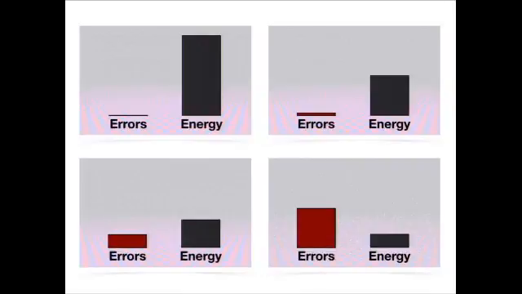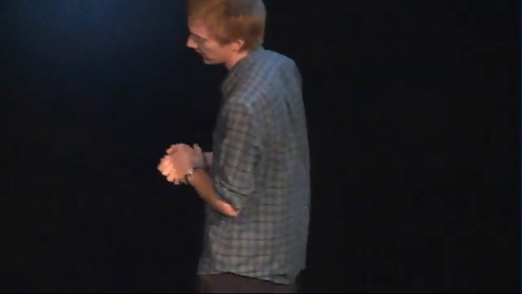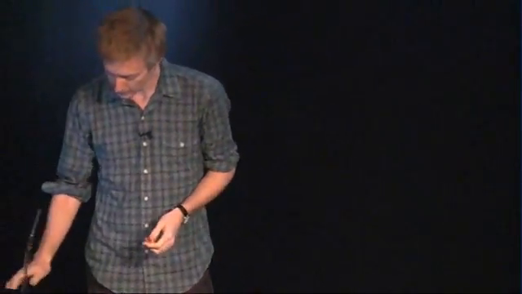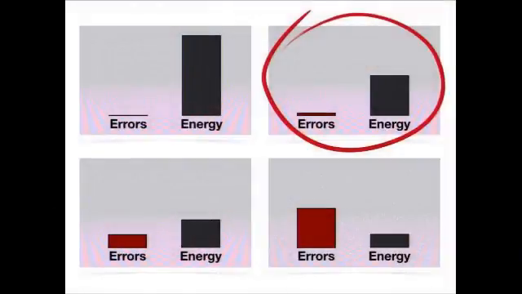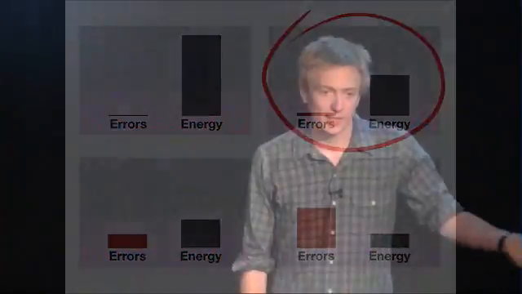And the goal, of course, is that we want to choose something that doesn't have that many errors, but can save us a lot of energy. What I mean is, what if we could design a computer that, when it's allowed to be wrong, can be way more efficient than a computer that we force to be completely correct all of the time, blind to the fact that the application can actually tolerate that? So we'd like to select an output that makes a good trade-off. But in reality, you're probably wondering to yourself, why does a bit flip only affect a few pixels in the output? And in general, that's not true.